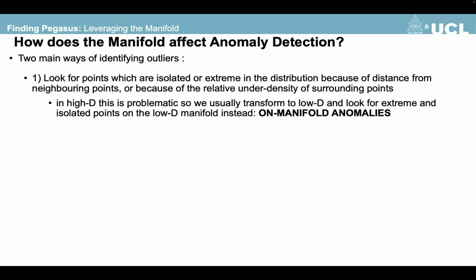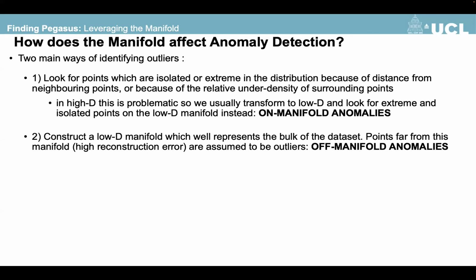But we know that in high dimension that can be problematic, so we usually transform to a low dimensional space first, and then look for extreme points on that. For the purposes of this talk, we're going to call these on-manifold anomalies. The other way is to construct a low D manifold which well represents the bulk of the data set, and then points far from this manifold with high reconstruction error are assumed to be outliers, and we call those